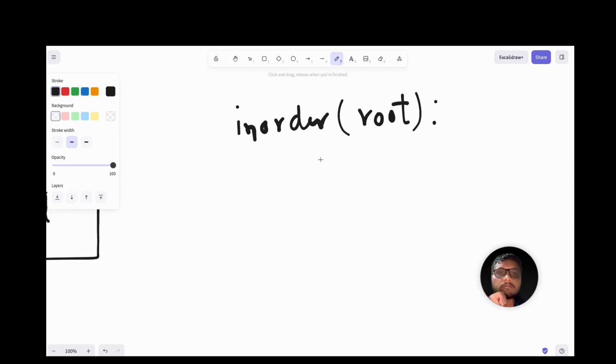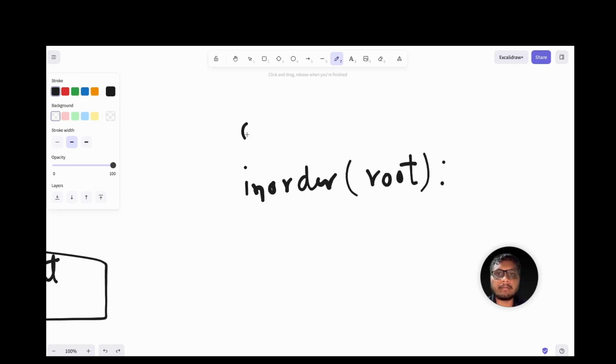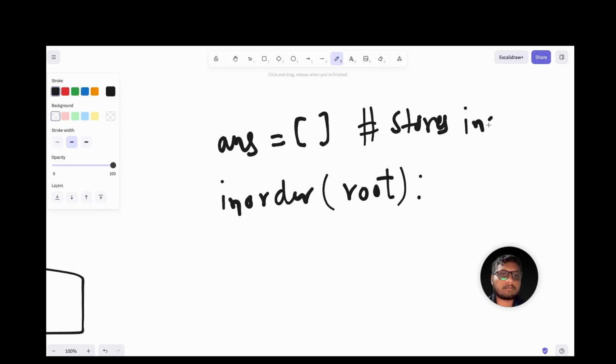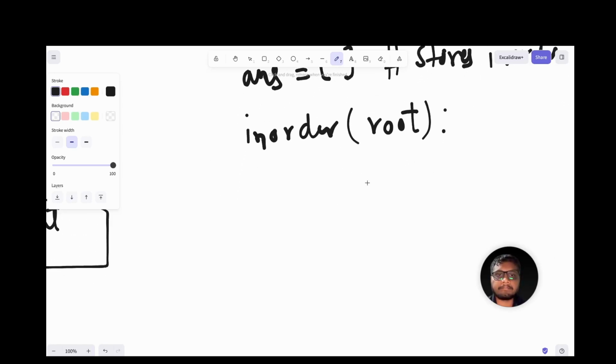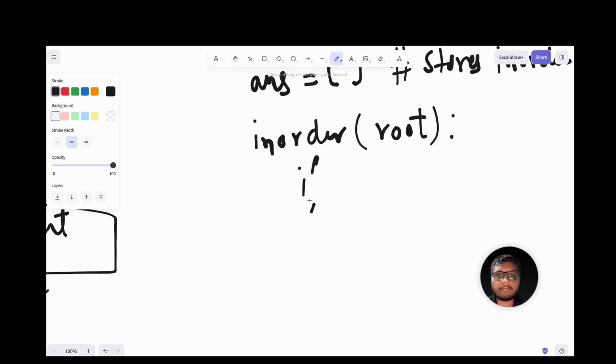Now let's say we have an answer array. This array stores the in-order traversal. Now if root is not none,